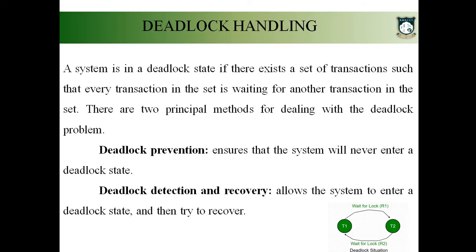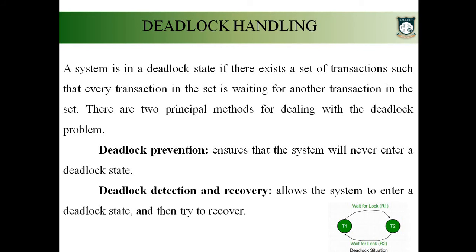So deadlock is a situation in which there is a circular wait. Now you could see in this image, T1 is waiting for locking a data item which is presently held by T2. Assume that the requesting mode is not compatible with the already locked mode. So T1 is waiting for T2 to unlock a data item. Similarly, T2 is in need of a data item presently held by T1. So T2 is also waiting for T1 to unlock the data item.